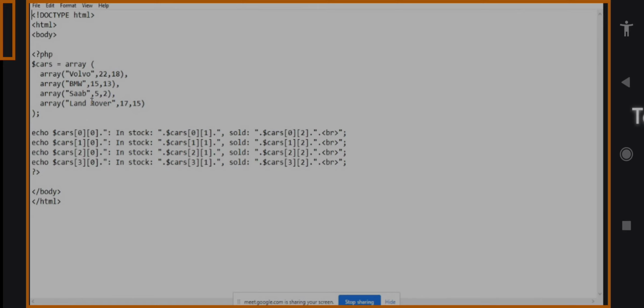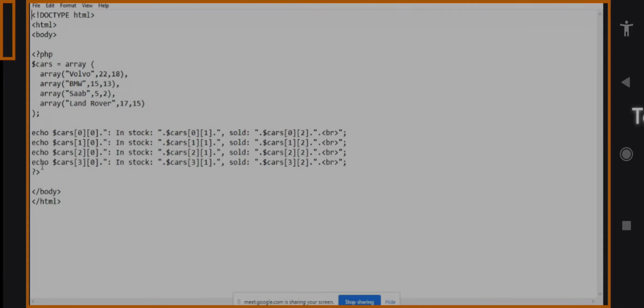Next, comma, next array BMW 15 13. Next array Saab 5 2. Next Land Rover 17 15. So the total arrays are 4. Then close brace, and the main array we have to close with a semicolon. So this is the declaration of a two-dimensional array.